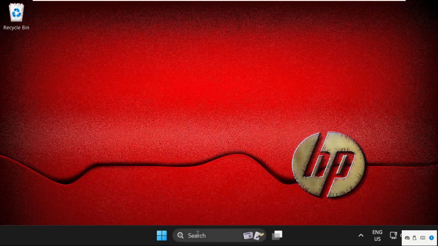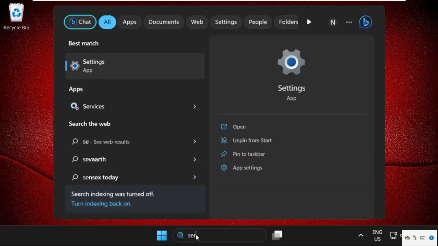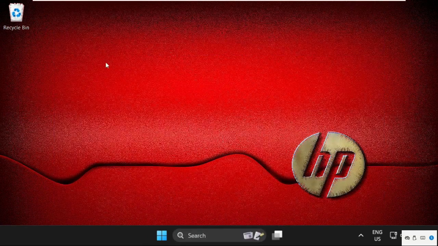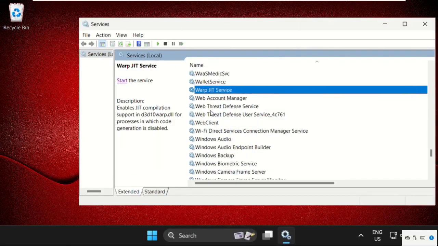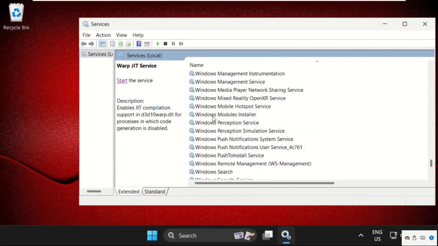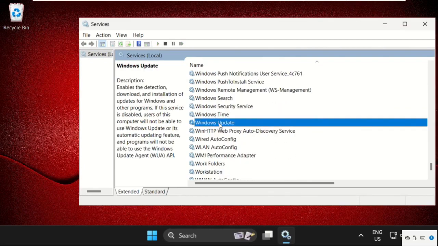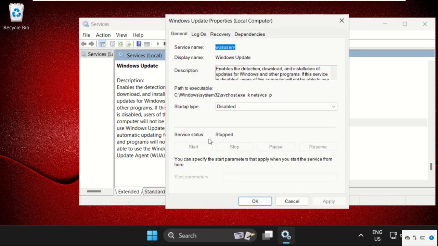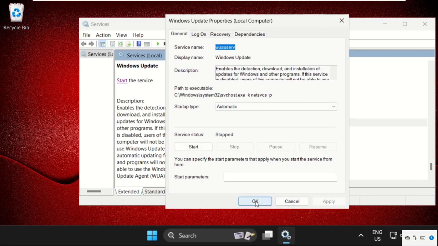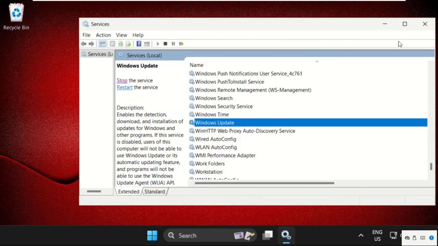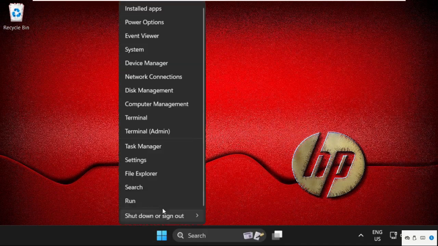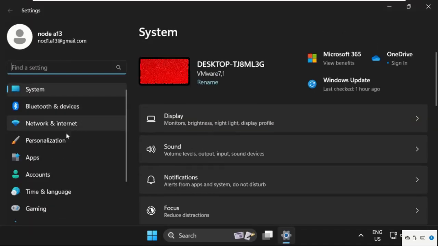That will be simply go to the search bar, type services, and click here to open it. Now on this window find Windows Update, then just scroll down. Here it is. Right click on it, select properties, then select startup type as automatic. Make sure you are connected to the internet, and then click on apply, and then you have to click on start the service. Once done, click on OK, close this window, then go to settings, just scroll down and